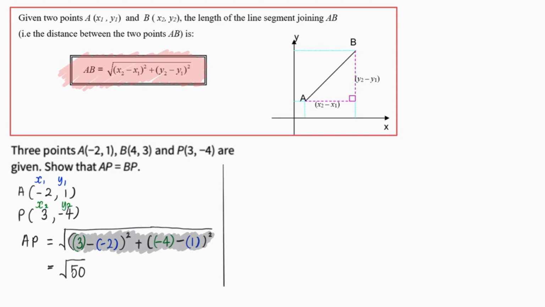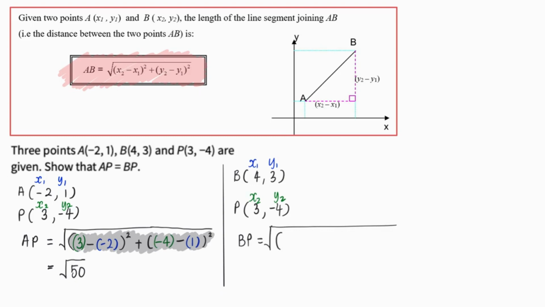So Mr. Tan, being a very careful person, will write this down so that I know, and I'm going to repeat. I'm going to make this my x1 y1, x2 y2, so that when I find BP,